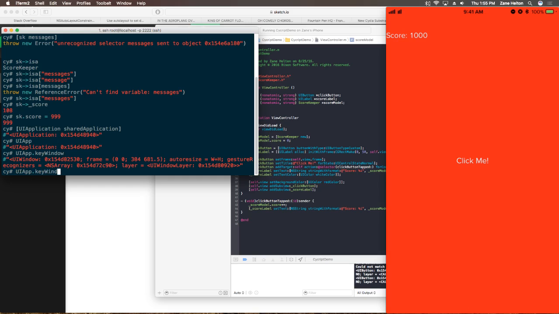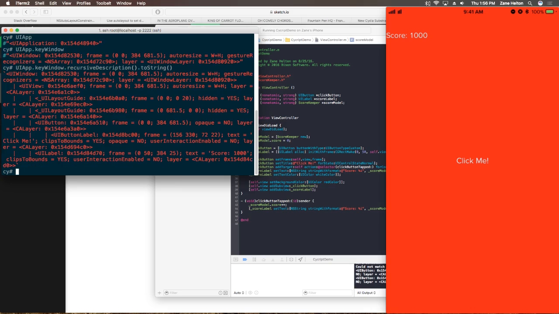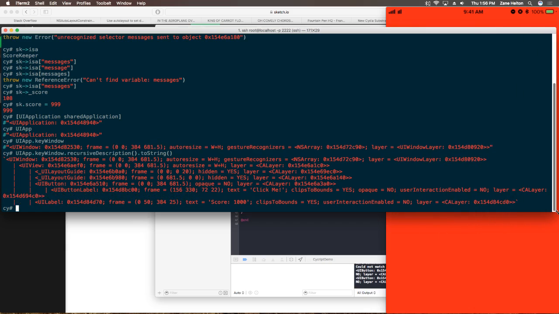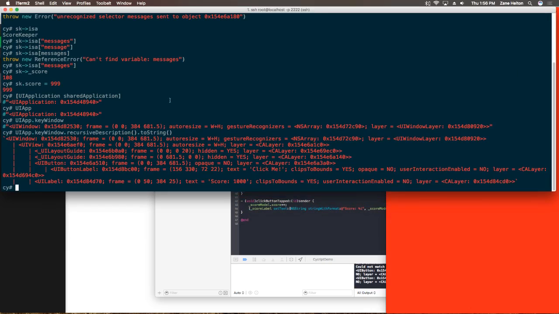Another thing that comes with Cycript that's pretty cool is the recursiveDescription function. If I just type in RECU and press tab, tab completion will take care of that, and we'll have the recursiveDescription function. One more thing we're going to do, just to make sure that this is formatted nicely, is to use the toString function provided to us by Cycript. And now we have the entire UIWindow's view hierarchy printed out to us in a nice and easy to read format. As you can see, there's a UIButton here, and this button's text is "Click me",